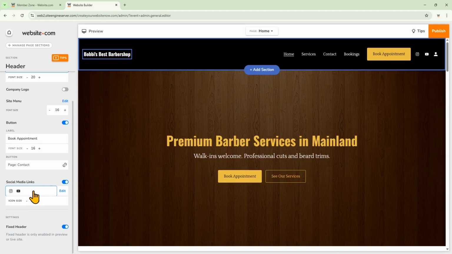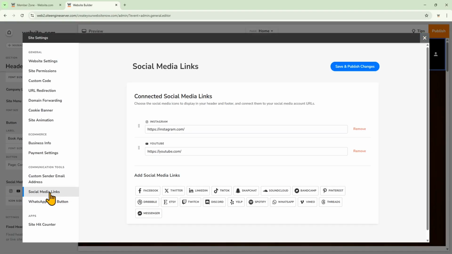And something important to look at is to customize the social media links. So we'll click right here. Make sure you input the correct URLs for your social media accounts and profiles. You can add more if you'd like right here.